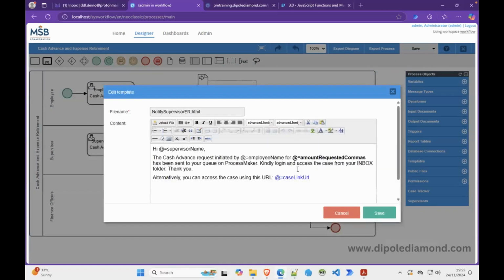Then go to the rich text to edit to suit what I want. So I want to say the expense retirement report submitted